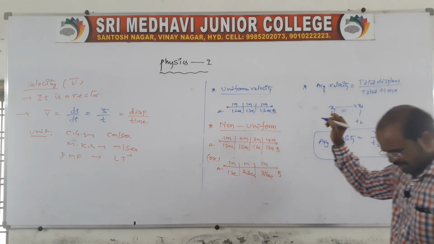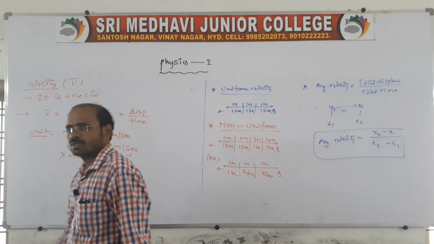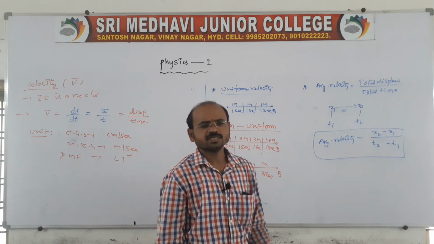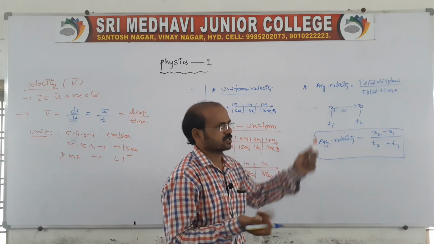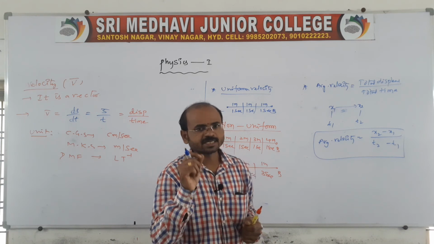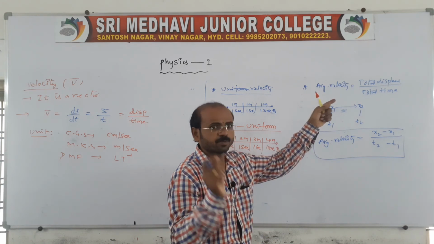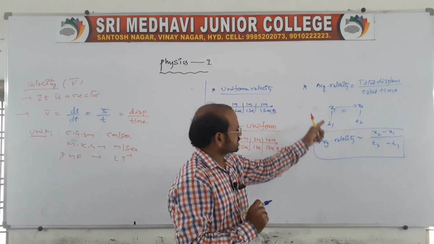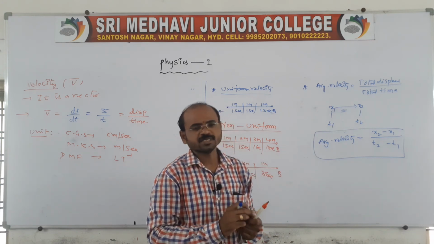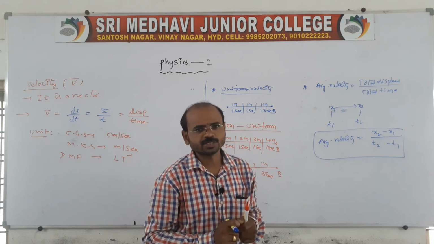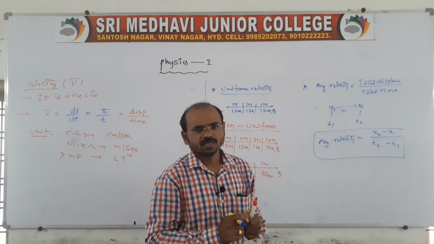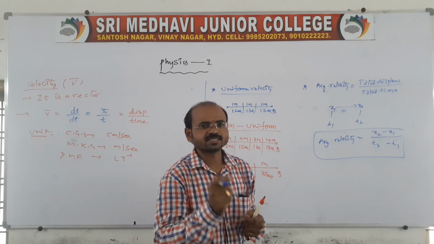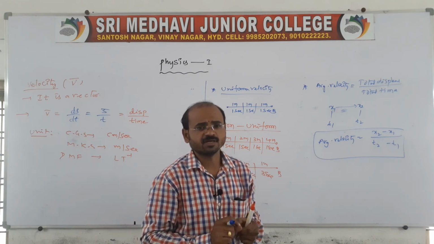Remember, whatever average speed problems there are, all those problems will come again in average velocity, because instead of taking distance you take displacement. Every problem we discussed previously will come again in the same way for average velocity. Suppose for the average velocity between two positions, the first half of the displacement is travelled with velocity v1, and the next half of the displacement is travelled with velocity v2.